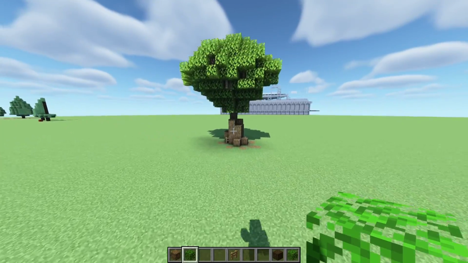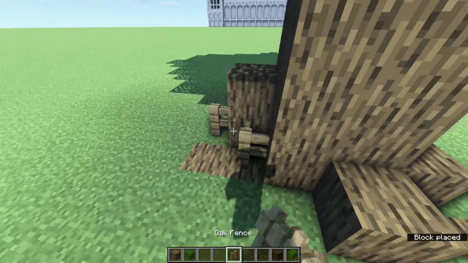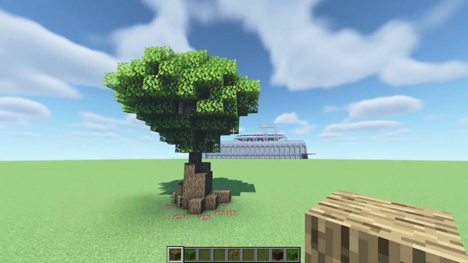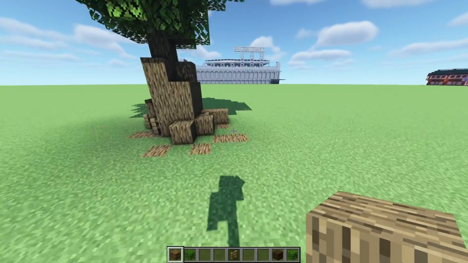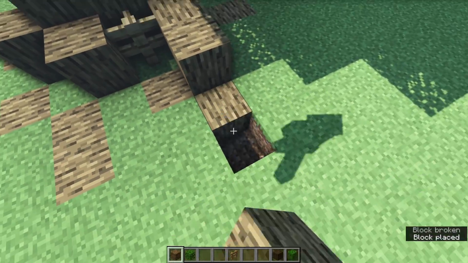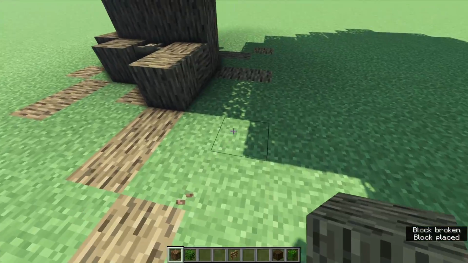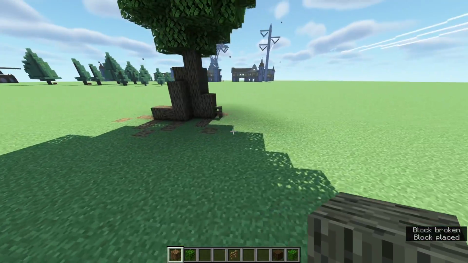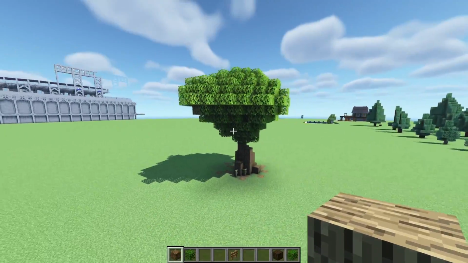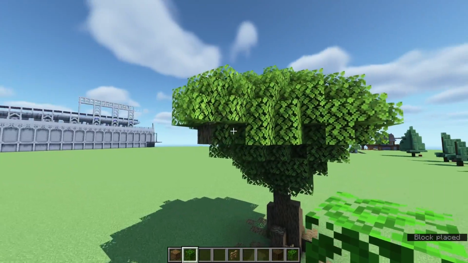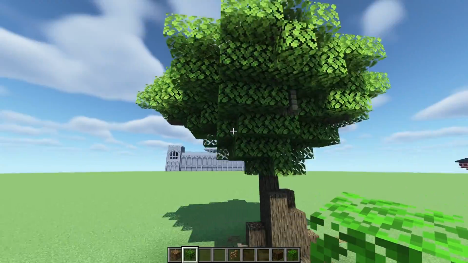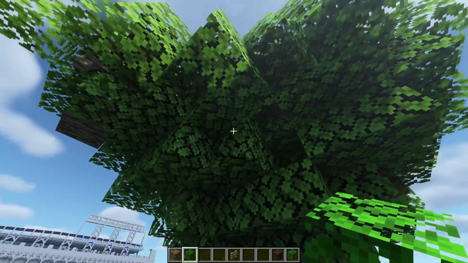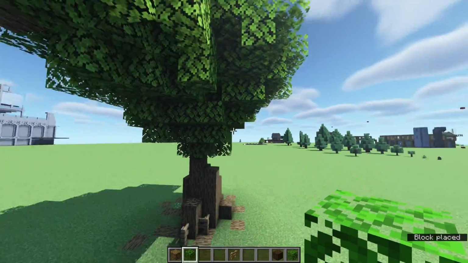And that is pretty much how you build an oak tree, so we can even extend a few more of these fences now. Once you get an idea of how the tree is built and how it kind of leans, then you can really go in and build your roots accordingly. Just like that. But again, these trees are all about being spontaneous, being fluid with your placements, random. That is everything. If you are not random, if you're too uniform, well then your tree is going to look